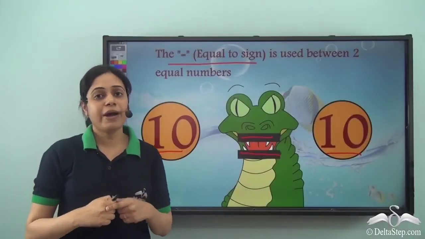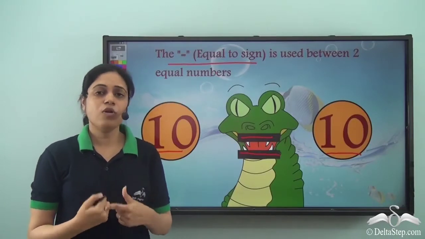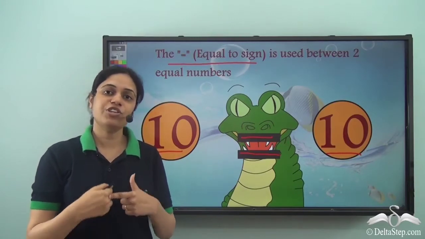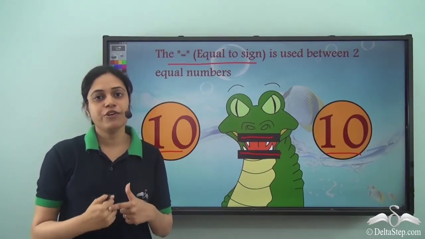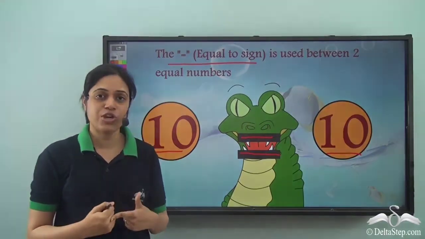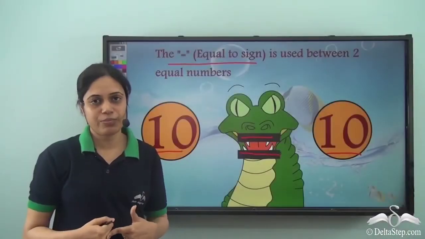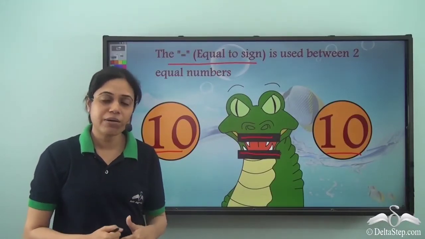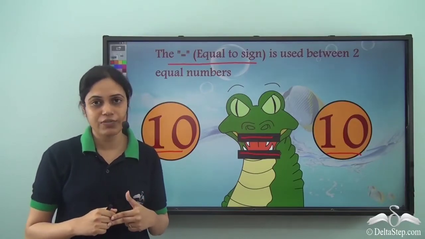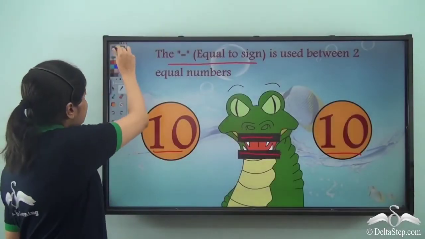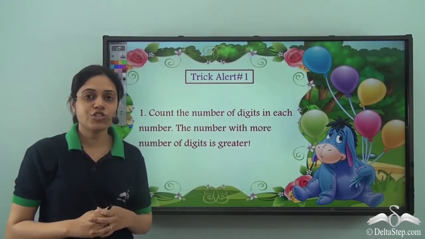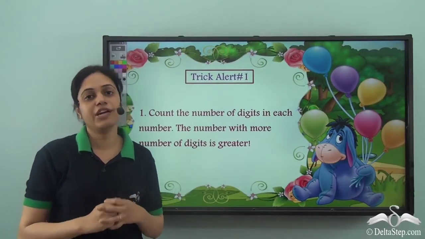So when we compare two numbers, we can always count the numbers. We can always count till we reach the greater number to find which of the two is the bigger number. But what if we have a huge number? What if we have a 3-digit number? Will you count all the numbers till the 3-digit number to find which of the two numbers is the greater one? So let's learn some tricks to easily find out which of the two given numbers is the greater number.